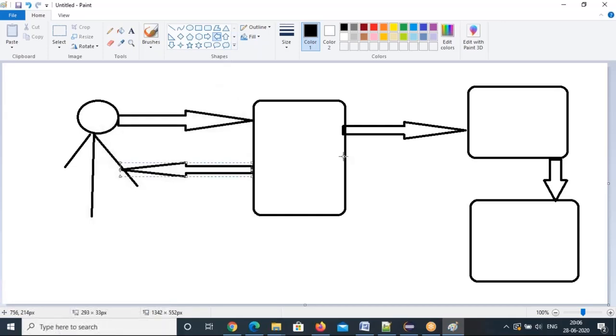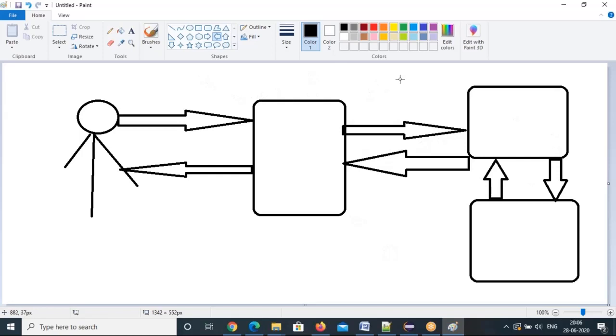So this is basically the web architecture, how it will be.